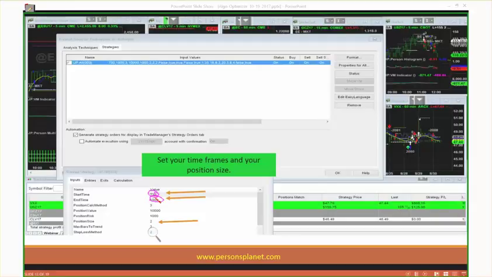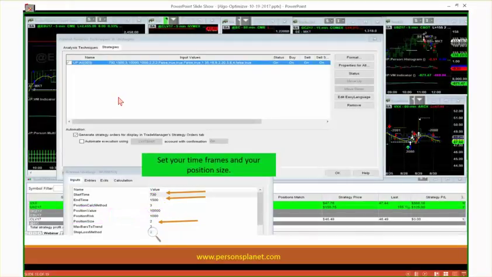And you know what? I'm going to go small. I only want to do 2 little contracts every time I trade. So I can choose the position calculation method, how many positions, whether I want to trade based on an account size. I can choose whether I want to trade per risk, or I want to choose how many contracts I want to trade. I can not only set my time frames, but I can also set my position size. That's what's dynamically unique about this, and having people learn how to use it.